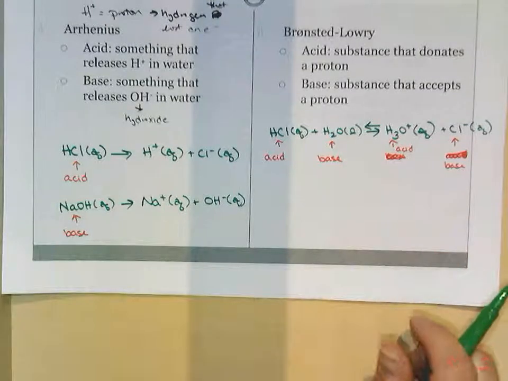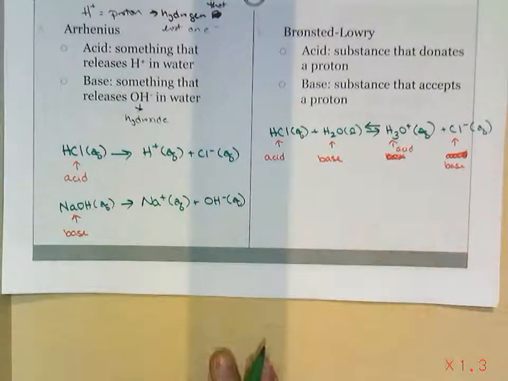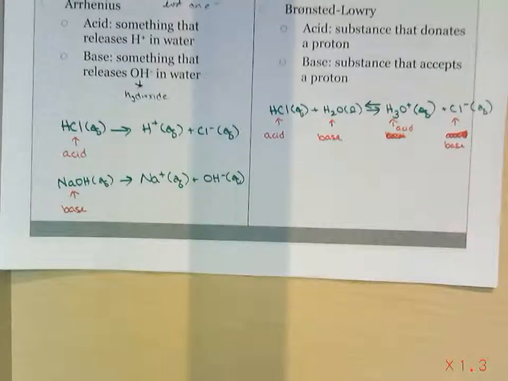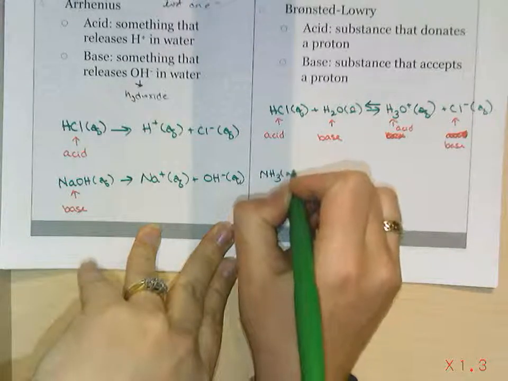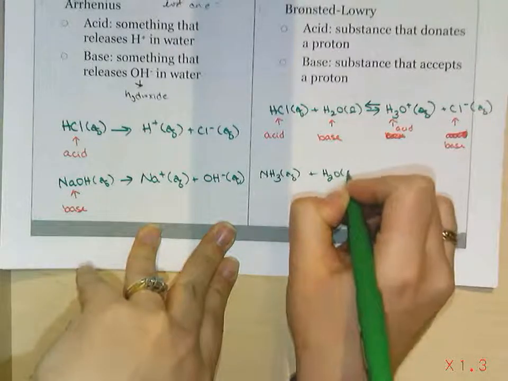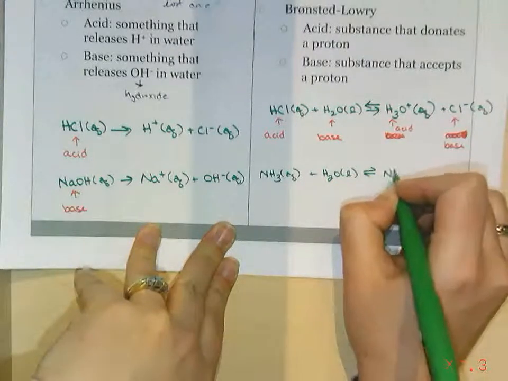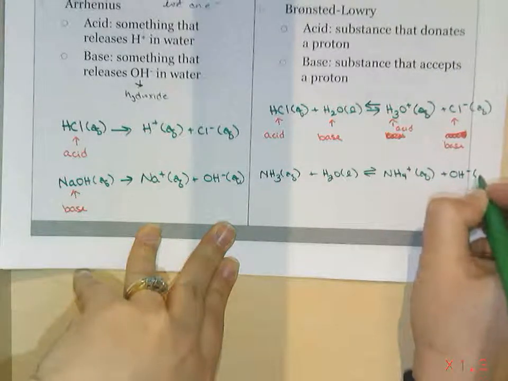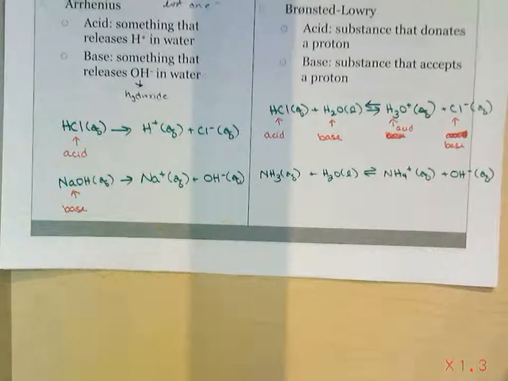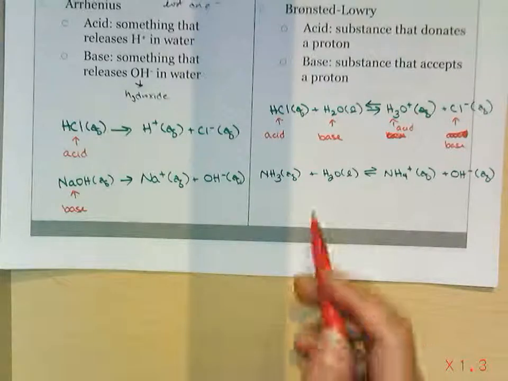All right, so if we have all that, we could do a similar thing for this reaction. All right, so now I have ammonia and water, making ammonium and hydroxide. So looking at just the left-hand side of this equation,